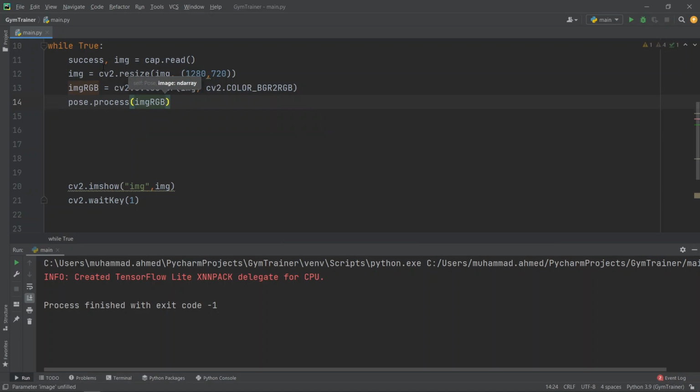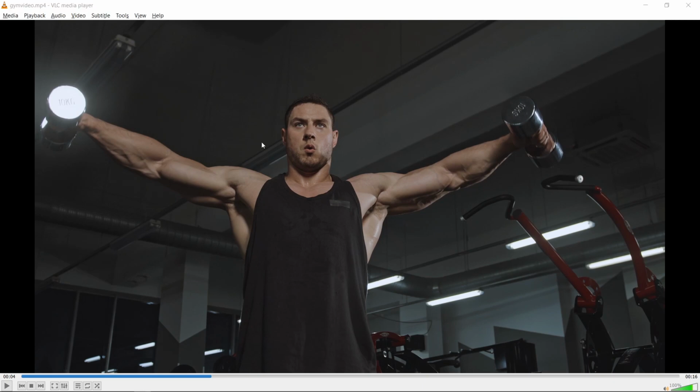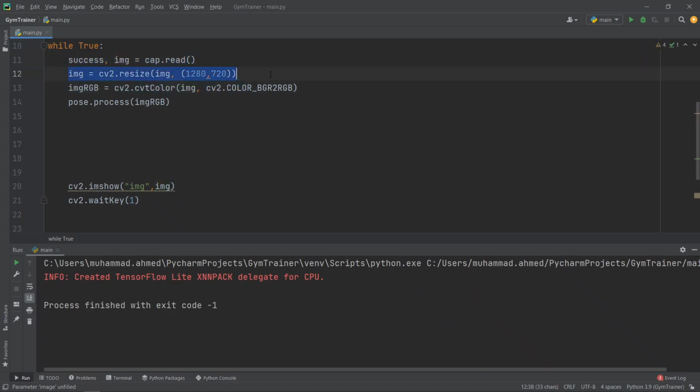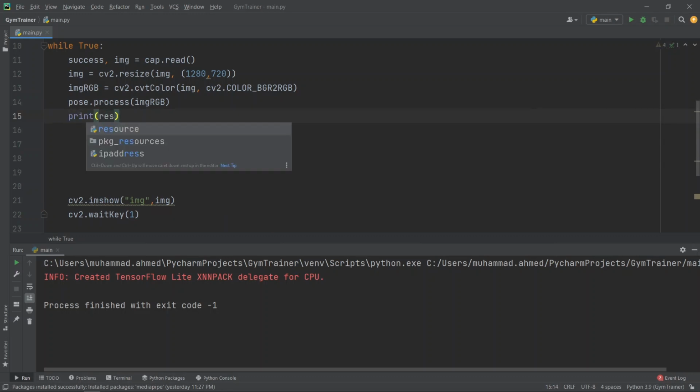What this will do is take the capture of the image, let's say from the video, resize it, and convert that image from the BGR channel to the RGB channel. Then we use this image to detect the pose. And after detecting the pose, let me save it in a variable.